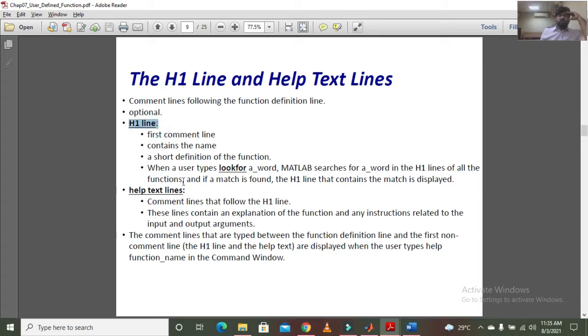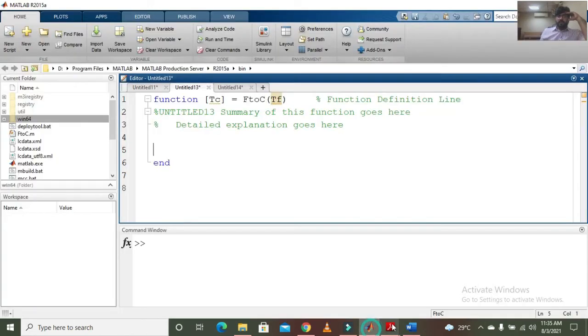So next we have H1 and help text lines. The first line over here is basically my H1 line, while this line is my help text.